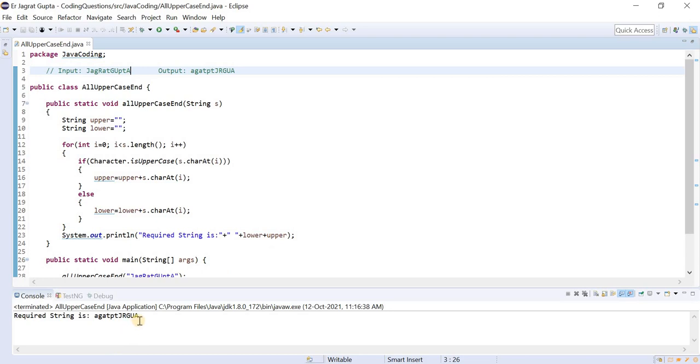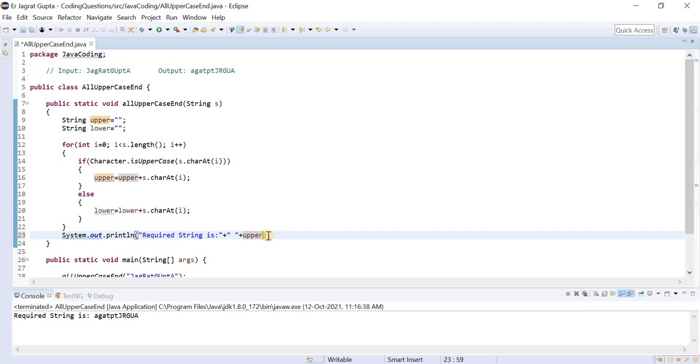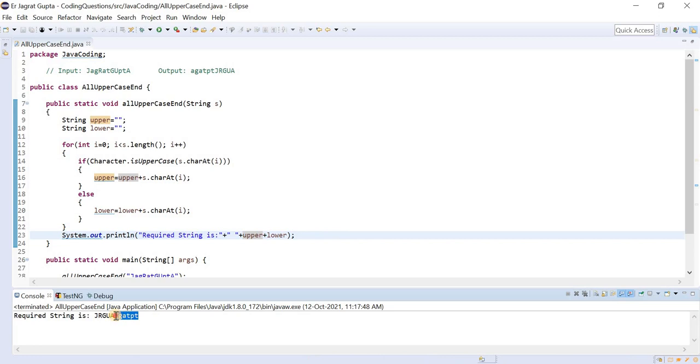Now let us suppose later on they say that all the lowercase letters should be at the end. What do you need to do? You need to change only this thing, upper plus lower. You need to change in only one place and you can see the output. See, now this time all lowercase are at the end.